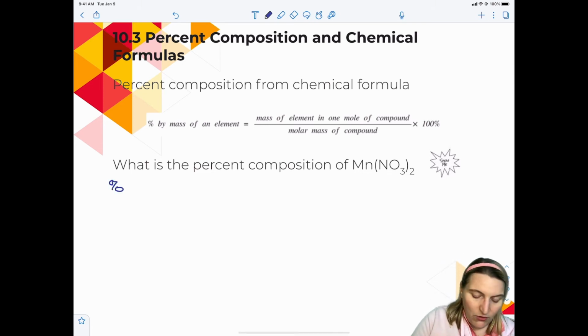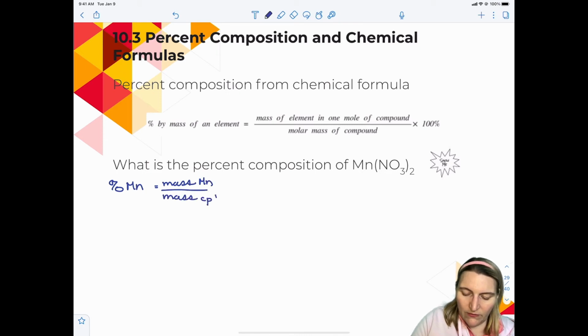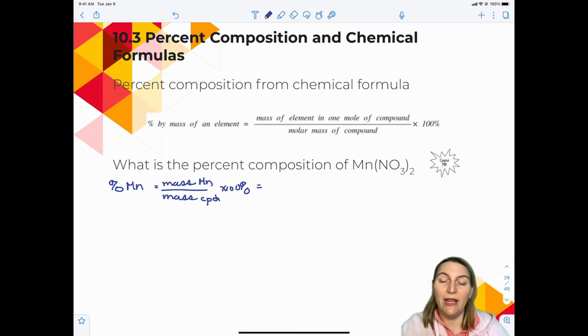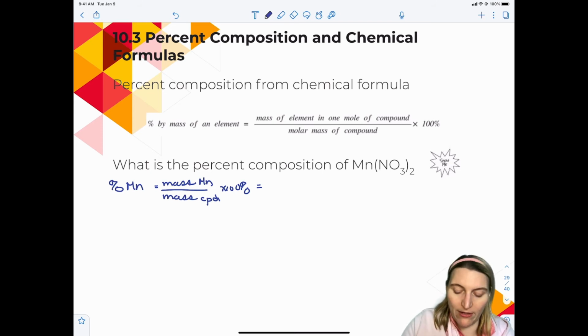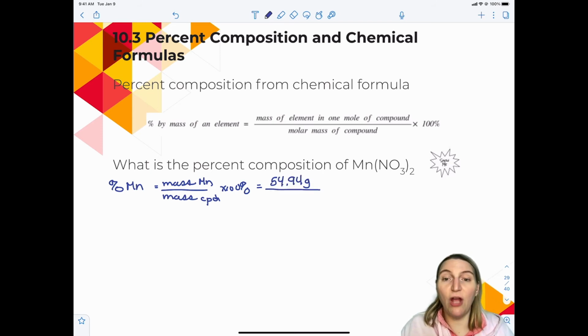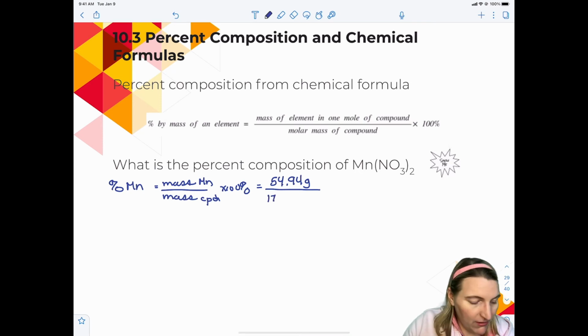So if I want to know the percent manganese, I of course am going to need to know the mass of the manganese over the mass of the compound. And so I look on the periodic table. In this problem, there's 1 manganese, so the top is just the mass of 1 manganese. The denominator of this fraction will be the molar mass of this manganese(II) nitrate. So I'm going to add up 1 manganese, 2 nitrogen, and 6 oxygen. So it's going to be a big number. It comes out to be